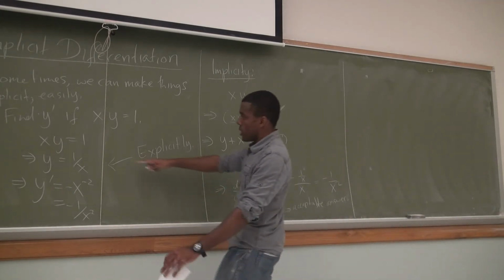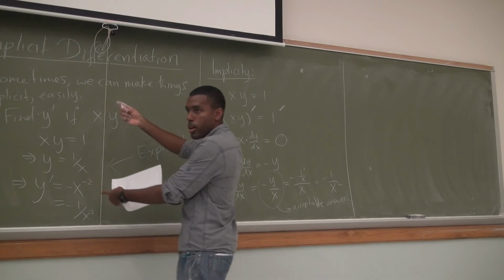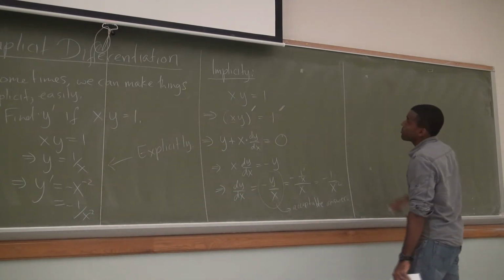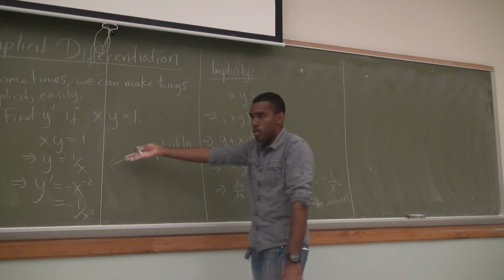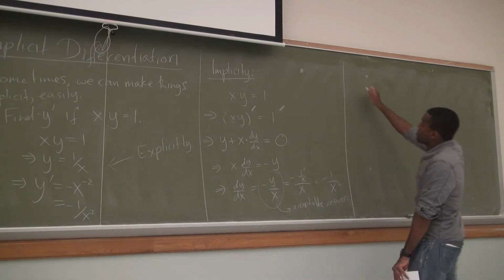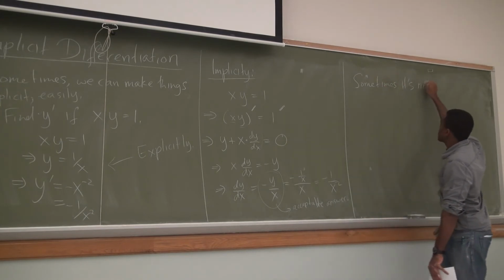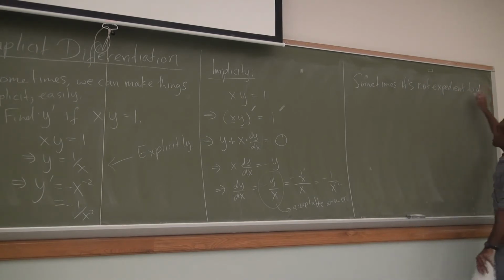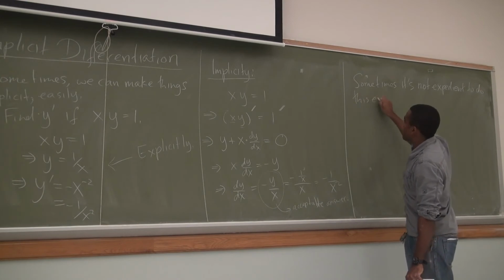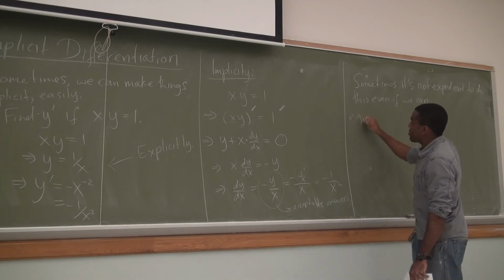So this equation and that equation, they're the same equation. This is the implicit form, this is the explicit form. Right? It's just a matter of how you express it. So sometimes you can make it explicit even if you're given it implicitly. And you can do that if it's there. Sometimes though it's not expedient, even if we can. So an example would be something like